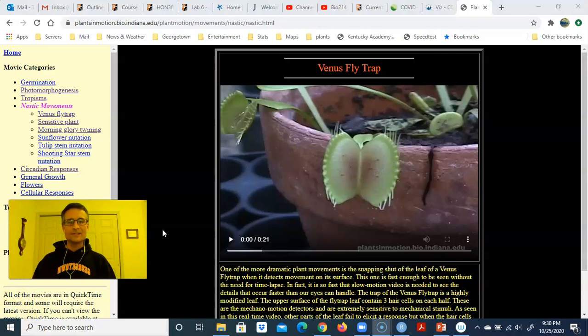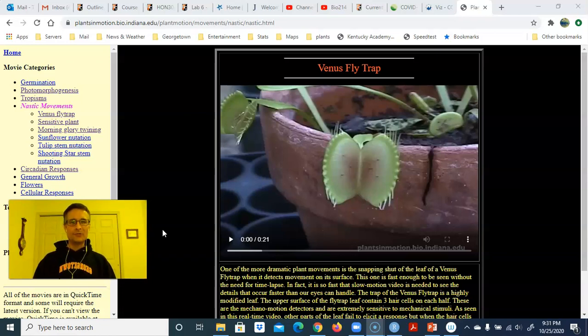Last but not least is the Venus flytrap, the one you've all been waiting for. And so yes, these are also nastic movements, and these are nastic movements that of course happen fast enough that we can see them, and happen so fast that they are capable of trapping a fly. Our Venus flytrap has a leaf over here, so remember all plants have just 3 organs, and this particular organ is a leaf. They're little trichome hairs, so these are hairs produced by the epidermis, if you remember epidermal cells,